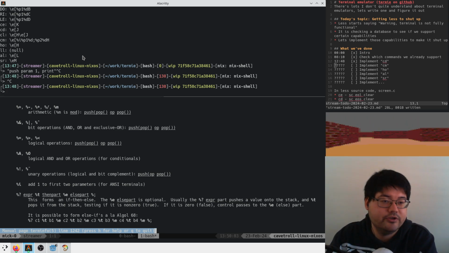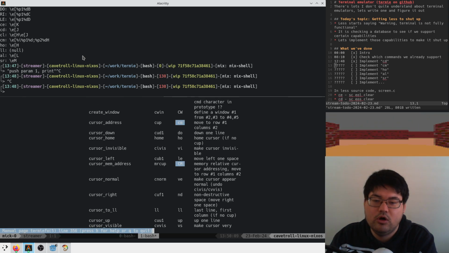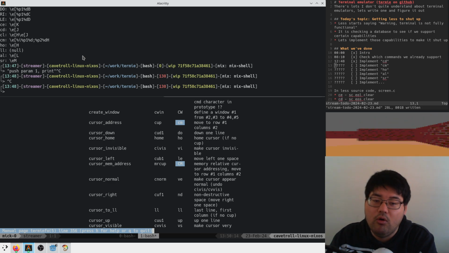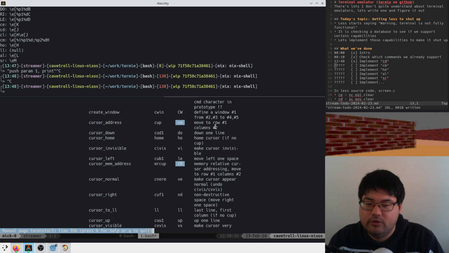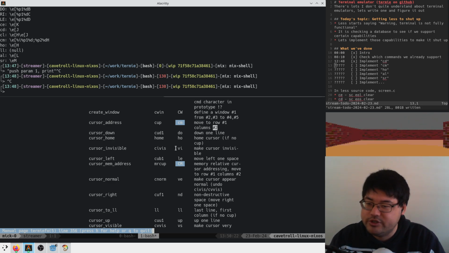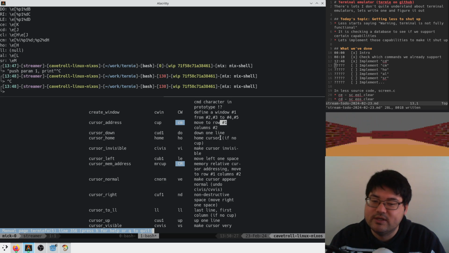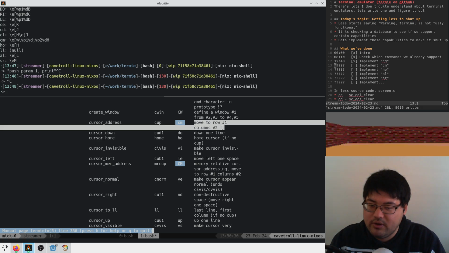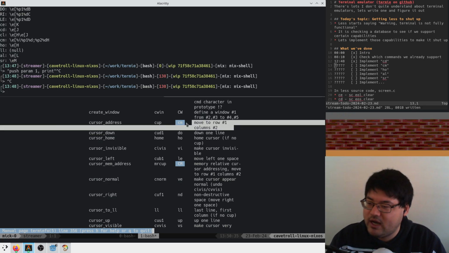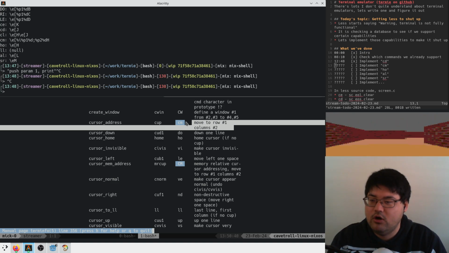And let's go back to this CM command. Move to row number 1, column number 2. Oh, maybe this doesn't mean move to row 1, column 2. This means move to row at parameter 1, column at parameter 2. And probably row and column are 0 indexed, but the terminal is expecting 1 indexed. So they're using the %i to say, hey, add 1 to both parameters. Then they're printing out those two things. And so I bet